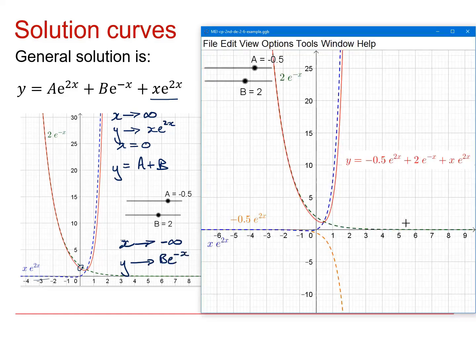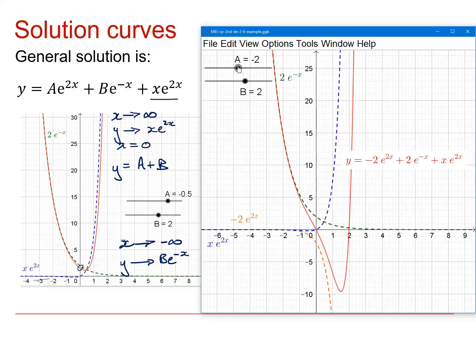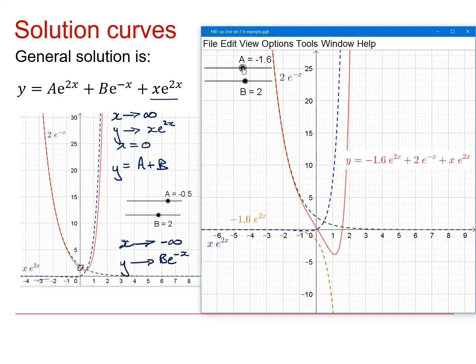Let's have a look at a dynamic plot of that. I've got the red function, which is my general solution curve. What happens as we change the parameters? Well, let's watch what happens as we drop the value of a. You can see that the yellow function is going even more steeply, and it's actually dragging the function down, and we get a couple of solutions for y equals 0. If a goes up to 0,